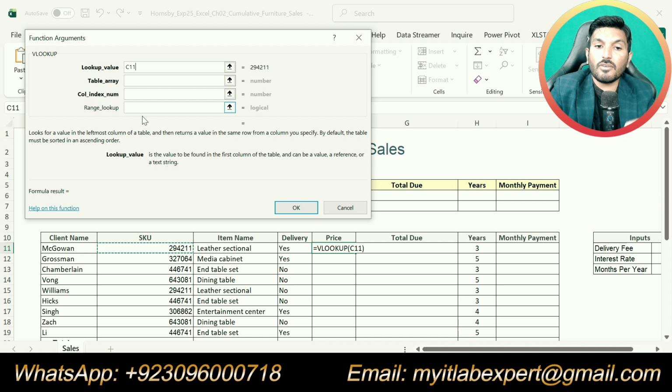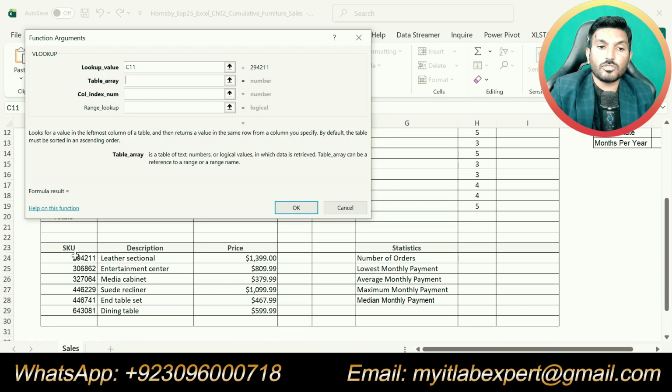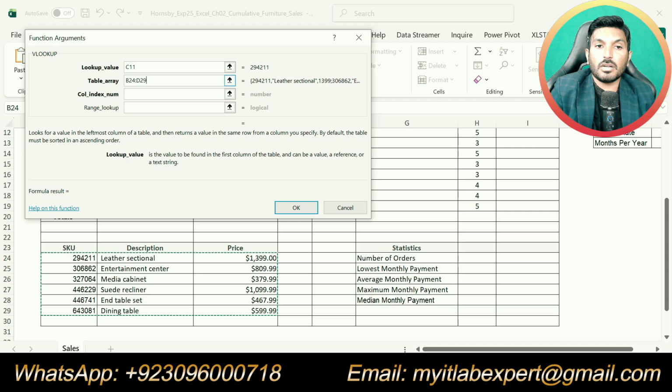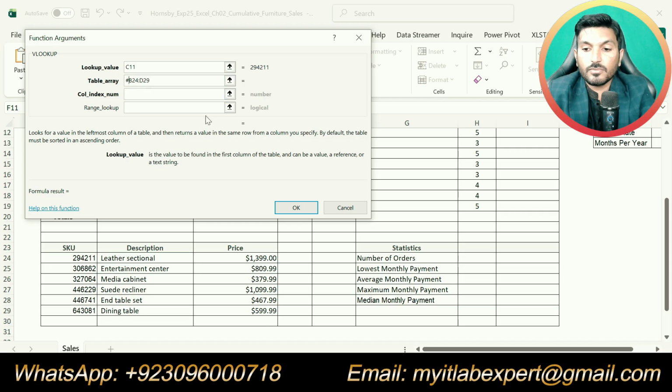The table array will be the same, starting from B24 up to D29, but we use absolute references for this one, with the dollar sign before the column name and the row number.